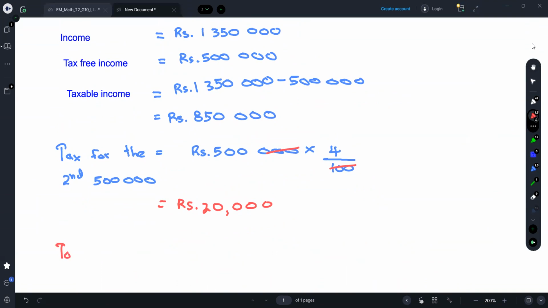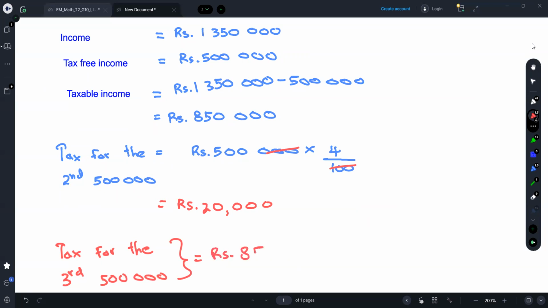Then next one, tax for the third 500,000. But there the whole 500,000 does not remain. From this 850,000,